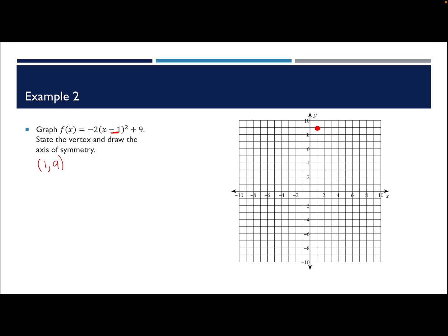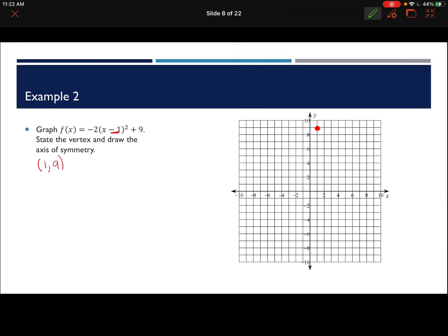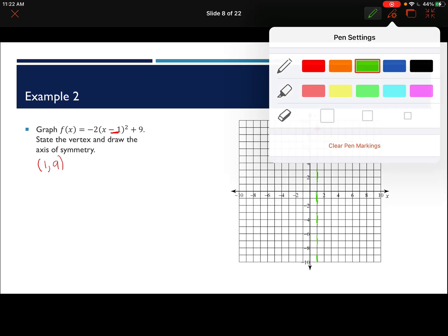So now that means our axis of symmetry also is x equals 1. We'll draw that in, we'll say green. So our axis of symmetry is this dotted green line that I'm drawing right now. And we get that right here. So next we need to graph